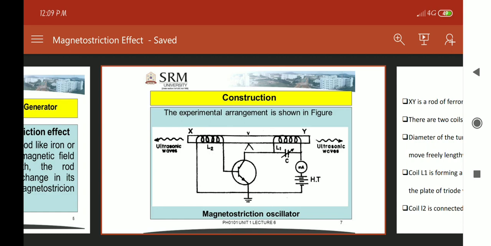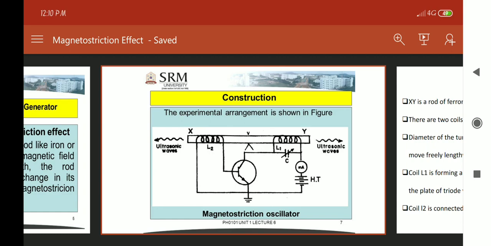This induced EMF produced in the coil L2 modifies the grid potential of the valve and produces an amplified current in the circuit and in the coil L1. So like this, oscillations of the rod are maintained.